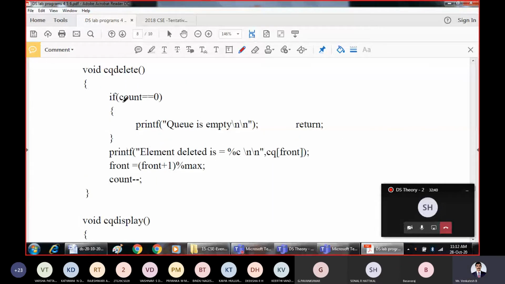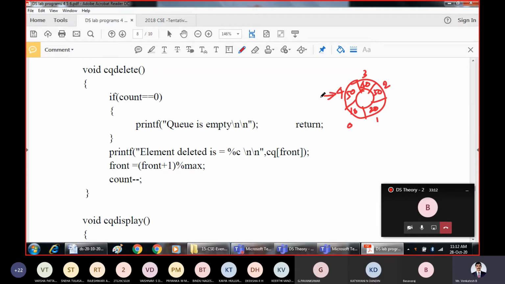So let us go for delete now. How will the deletion take place from the circular queue? Assume this is the circular queue which is same as the above. So 0, 1, 2, 3, 4 are the index values, and 10, 20, 30, 40 and 50 are the numbers which are present in this.